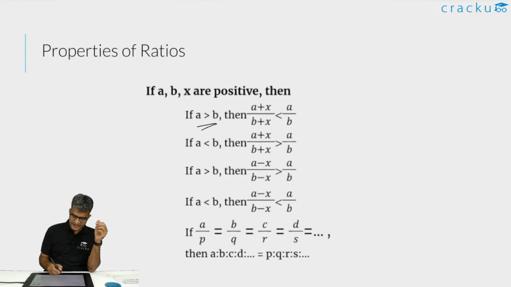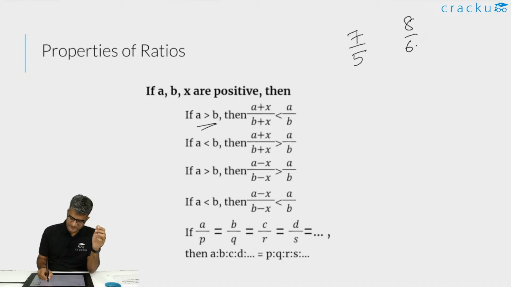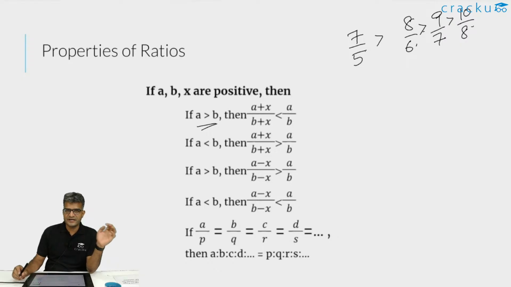Here we are discussing the numerator being greater than the denominator. So for example, suppose you are looking at 7 by 5. And always, to understand these kinds of theorems, I add 1 to the numerator and denominator. That is, what will happen if I have 8 by 6? Then what will happen even more if I am having 9 by 7? Then even more if I am having 10 by 8? What this basically says is 7 by 5 is greater than 8 by 6, is greater than 9 by 7, is greater than 10 by 8, and so on.